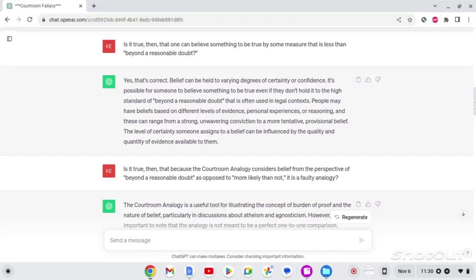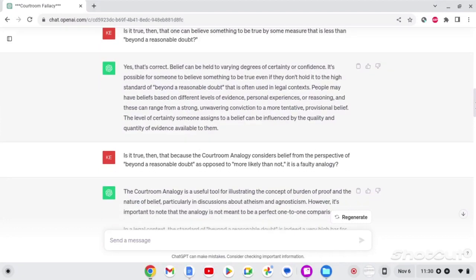And the answer is yes, that's correct. Belief can be held to varying degrees of certainty or confidence. It's possible for someone to believe something to be true even if they don't hold it to the high standard of beyond a reasonable doubt that is often used in legal contexts. People may have beliefs based on different levels of evidence, personal experience, or reasoning, and these can range from a strong, unwavering conviction to a more tentative, provisional belief. The level of certainty someone assigns to a belief can be influenced by the quality and quantity of evidence available